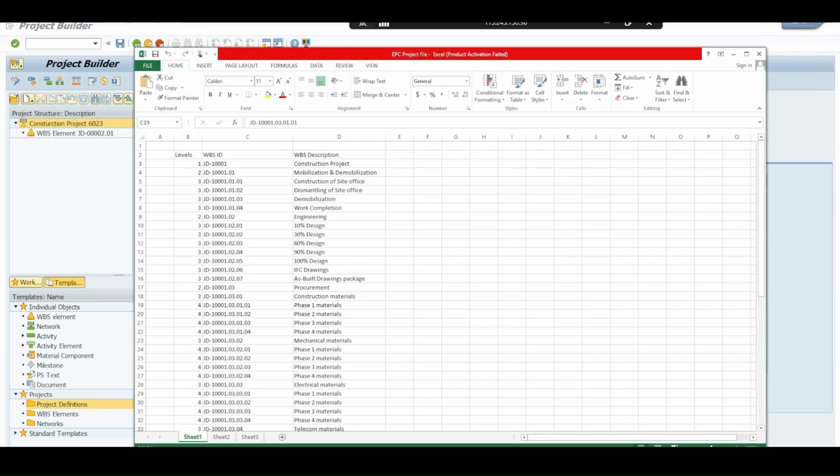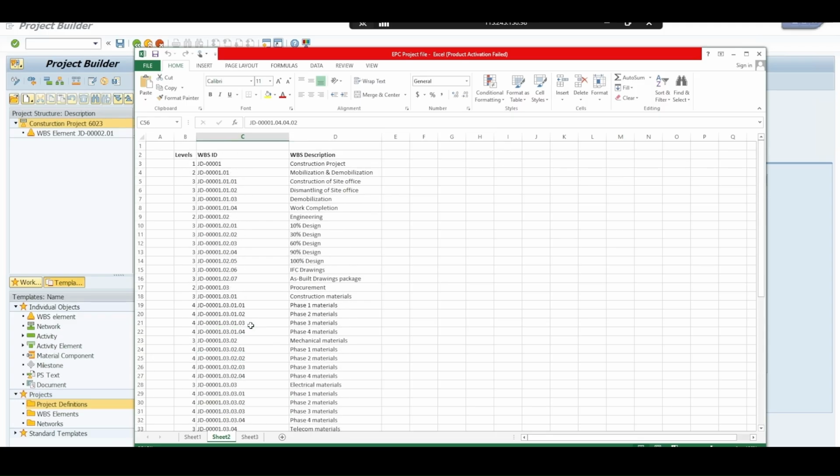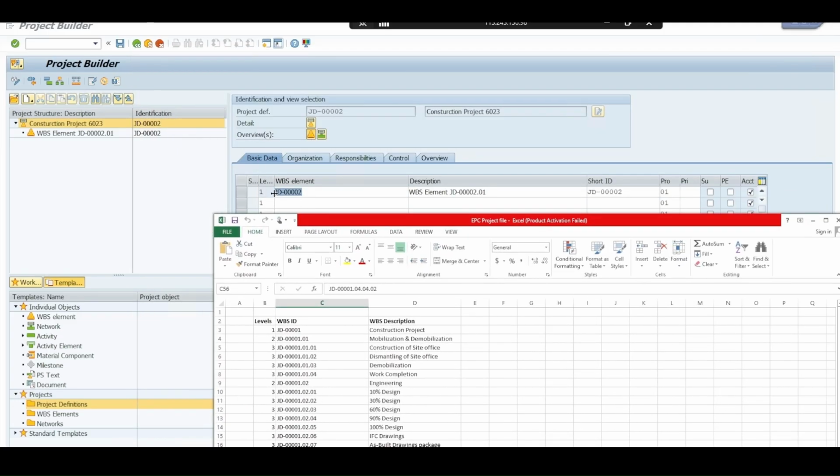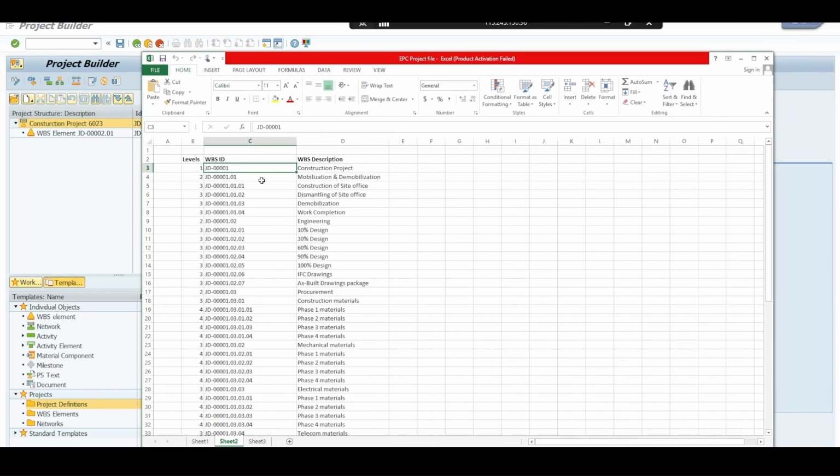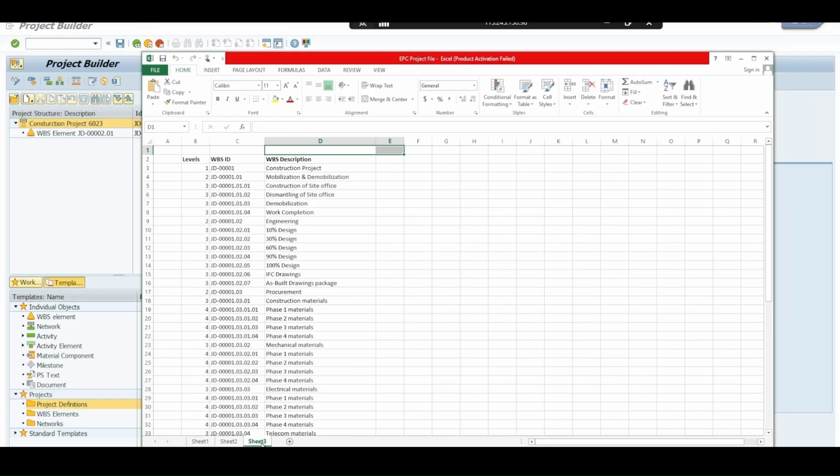So again, we can follow the sheet. Okay, so project JD011 is also already created. So we need to change the data. To change the data, what I am doing is, let me just take,